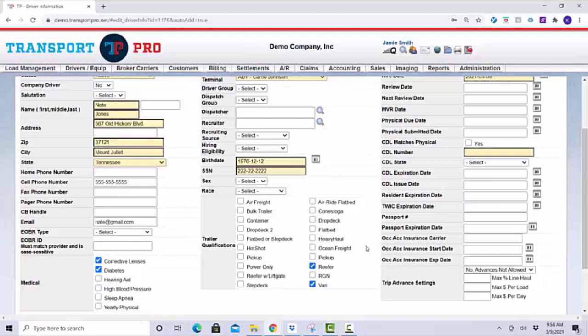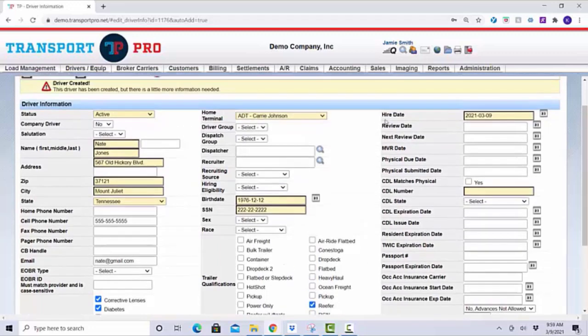Now note, that doesn't mean it's a hard stop. The system will still allow dispatch, but it just brings that issue to the dispatcher's attention. So this is something to note and be aware of if that's something you want to monitor. Hire date, enter the driver's hire date. Review date. So this is where we start getting into, over here in this third column, really all that safety information. So enter the driver's review date,